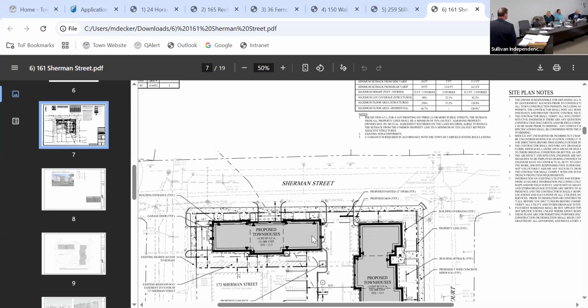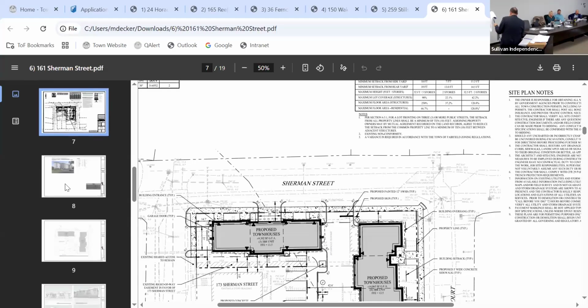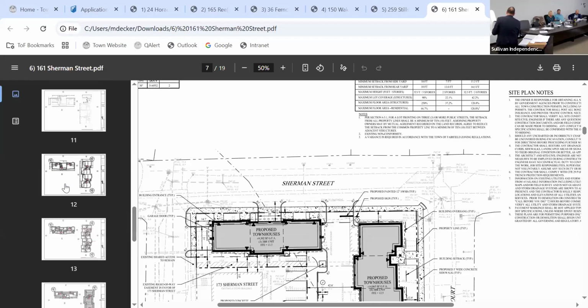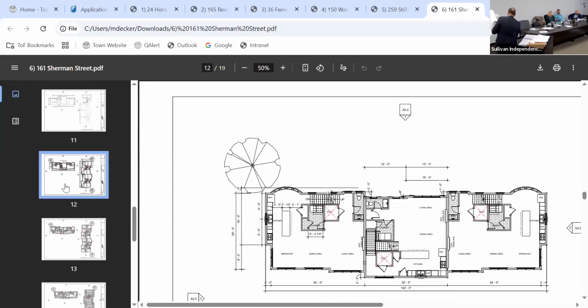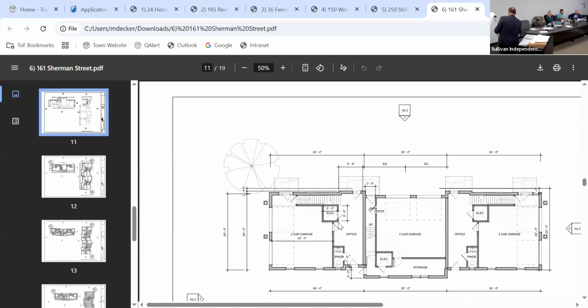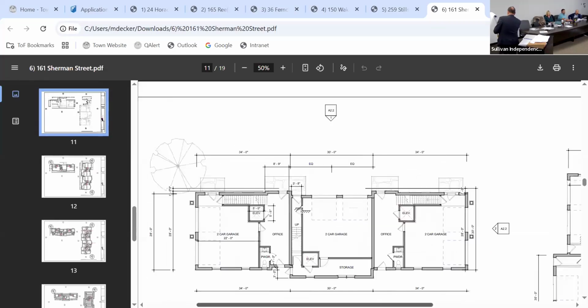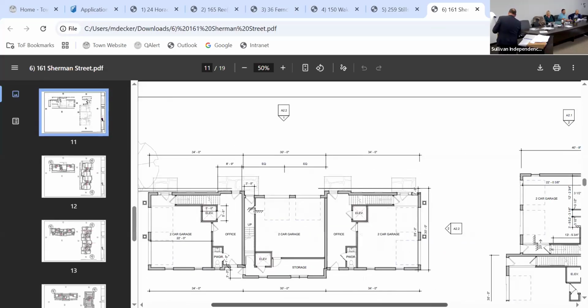So the entrance to each unit is through the garage? Correct. Well, there'll also be doors on the street side. Let me take a look. One thing we felt was important was to have a very attractive streetscape and a street elevation. So you'll see they each have their own front doors. There's the garages, and then the units that are accessed from the back will also have doors that they can come out onto the street.